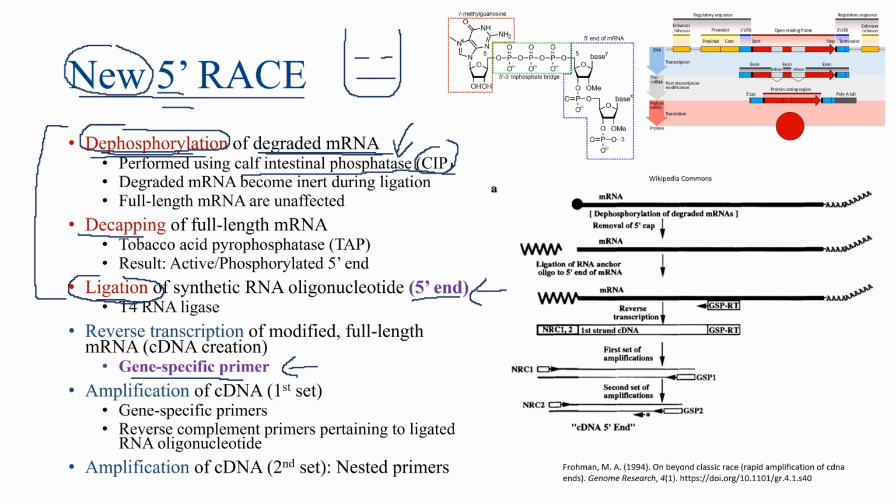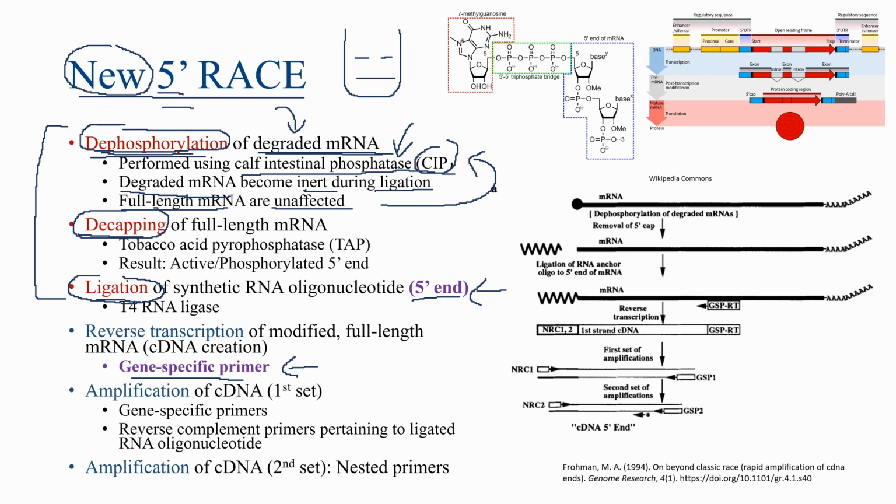Obviously, a phosphatase enzyme, by definition, is going to remove phosphate groups, or I should say it will catalyze the removal of phosphate groups. And the degraded messenger RNA will then become inert during ligation. In other words, they will be inactive during the ligation step and will not self-ligate. On the other hand, your full-length messenger RNA will be unaffected by the CIP enzyme. So your full-length messenger RNA will not be dephosphorylated by the CIP enzyme. It will only be your degraded messenger RNA, and that's exactly what we want. So after